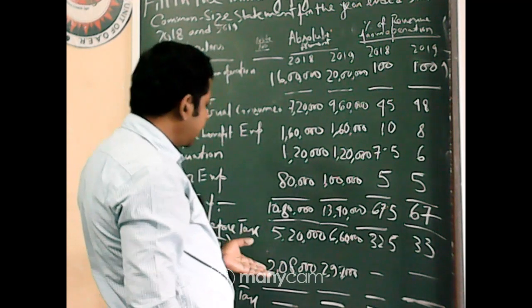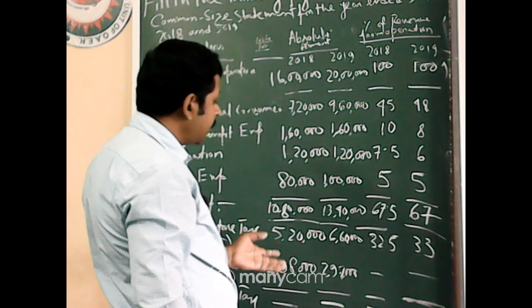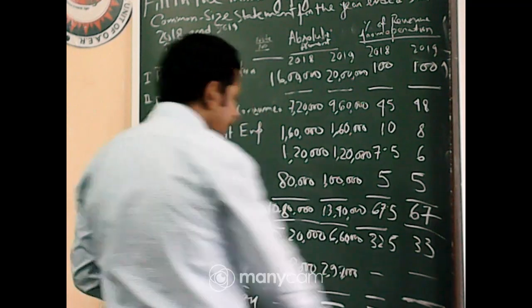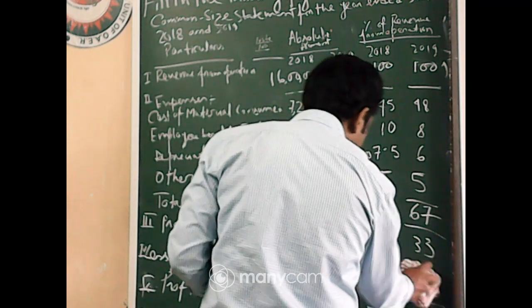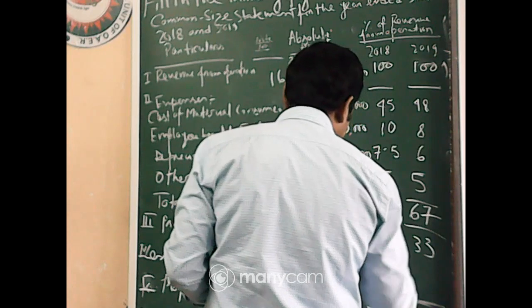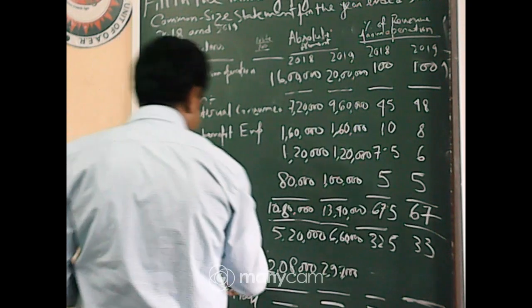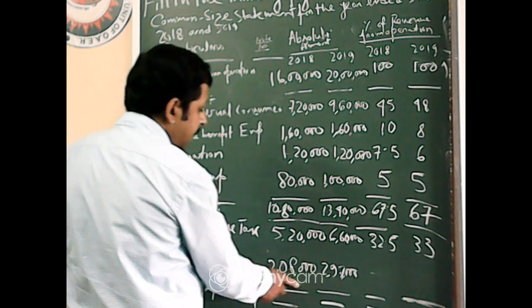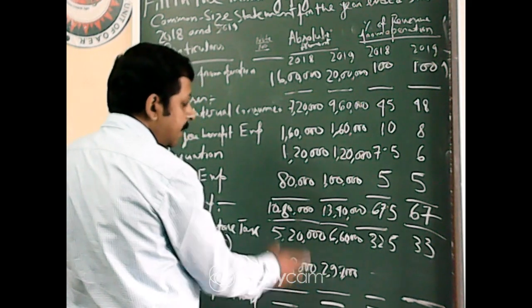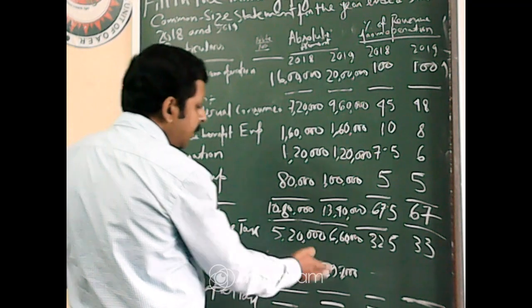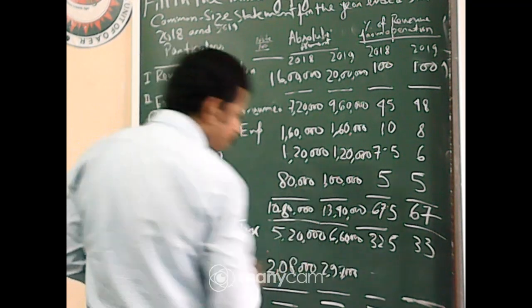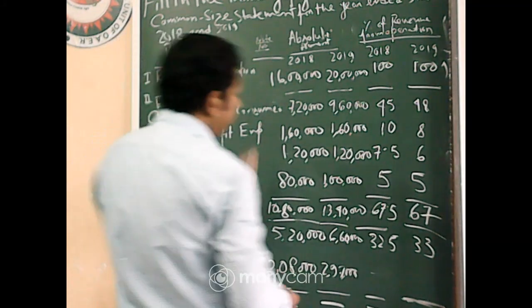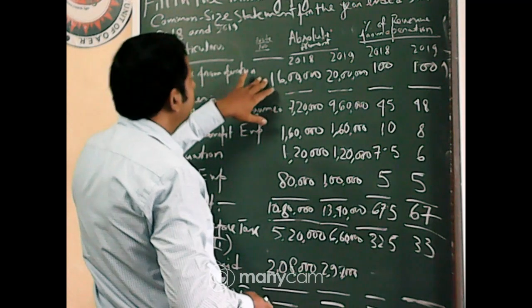percentage of tax, that is 2,08,000 divided by 5,20,000 into 100. But that is not what we write in here. This is not the tax percentage, meaning tax rate. Tax rate you already calculated. According to the tax rate, the figure is already given. So this is the tax they actually charge the company. Now you have to figure out the percentage of tax upon the revenue from operation.